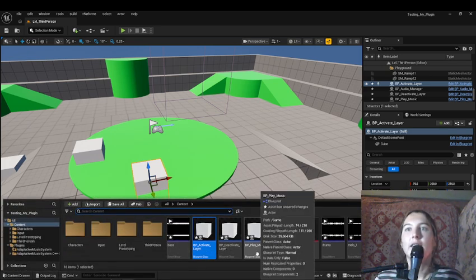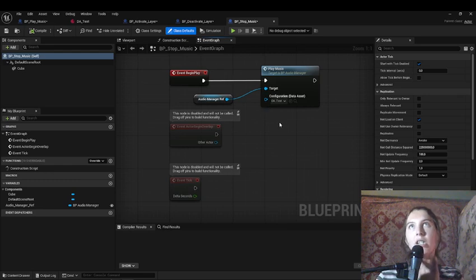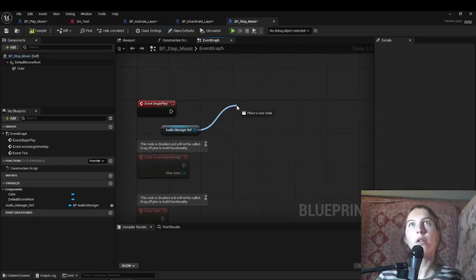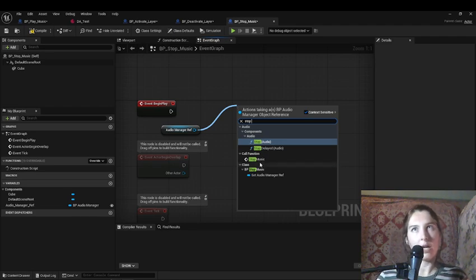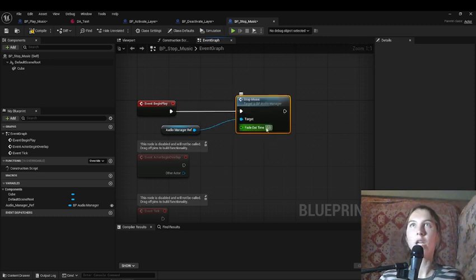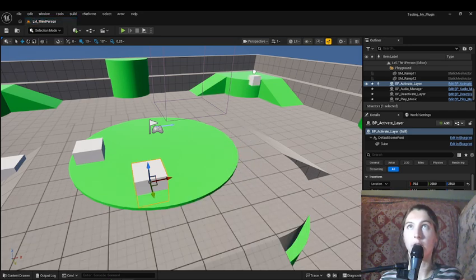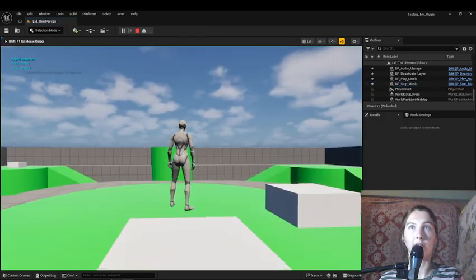And we have other options of public functions, like for example the blueprint stop music function that we can call also and say stop this music, and we can select a fade out time, for example 3 seconds, and compile this and go to stop music here, put it right here, and